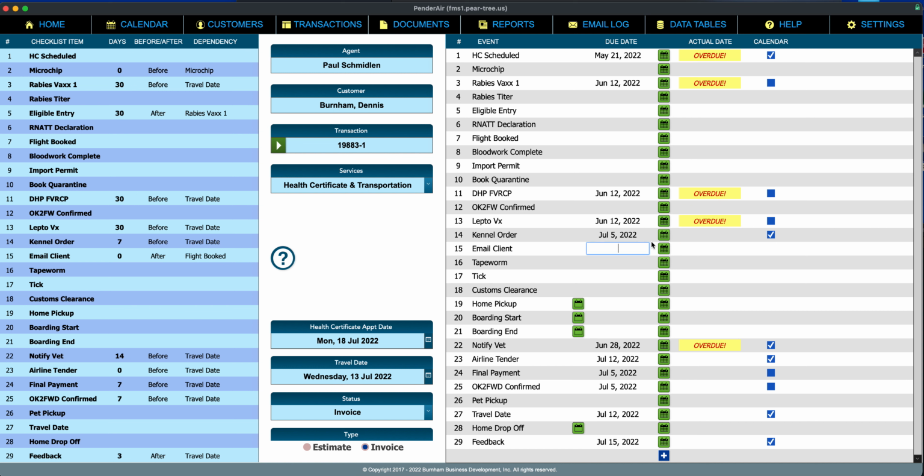The button is there so that it'll make it easy for you to choose today's date automatically. If something is overdue, it's because we're already past the 12th of June. If I click the button, it'll put today's date in there and the overdue status will disappear. Some checklist items are dependent on others. So you have to be careful to watch your checklist on any transaction to make sure that you're not missing anything. When you choose home pickup, you get